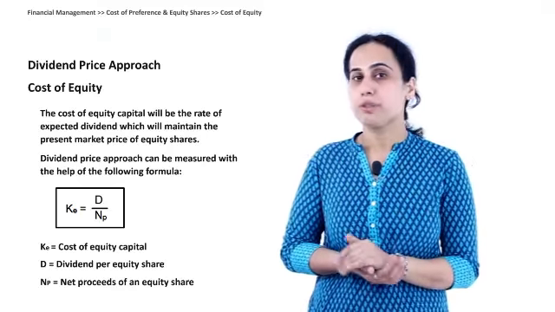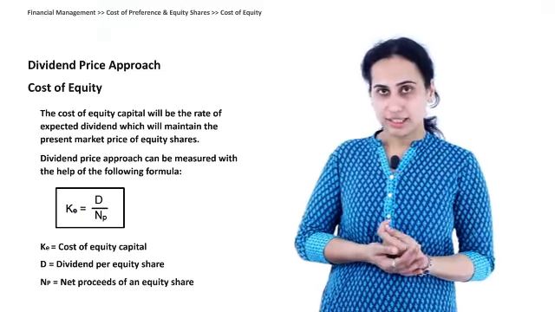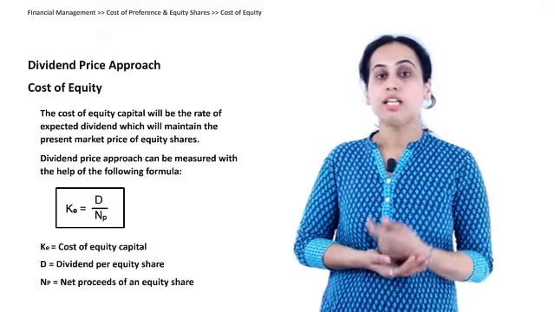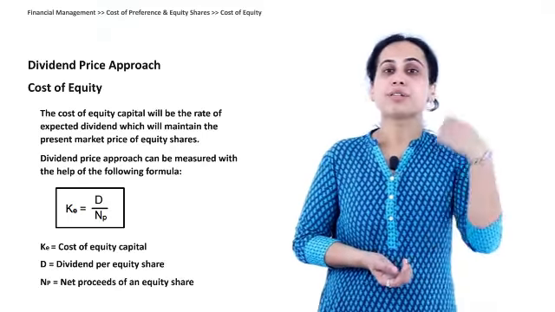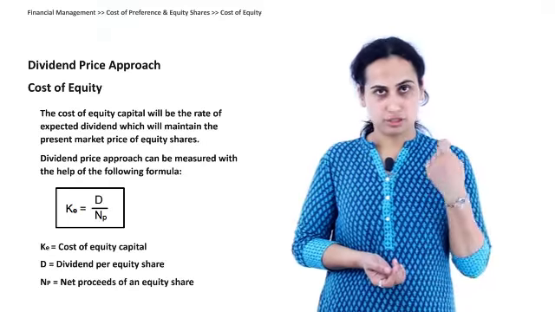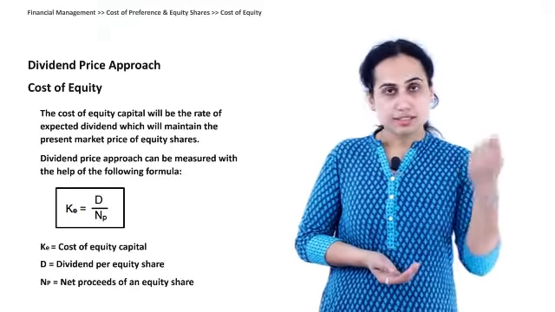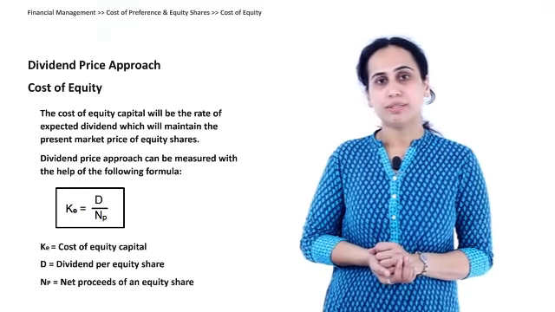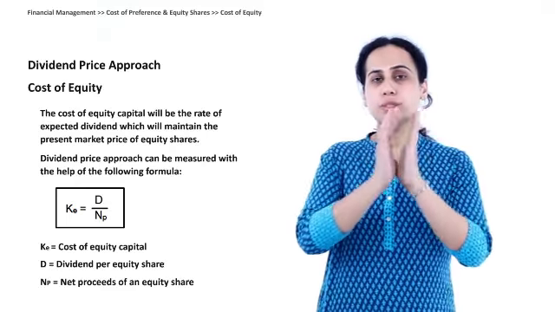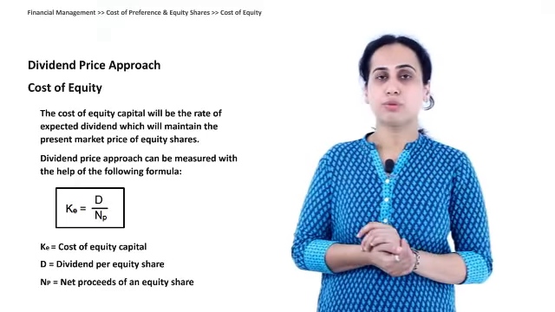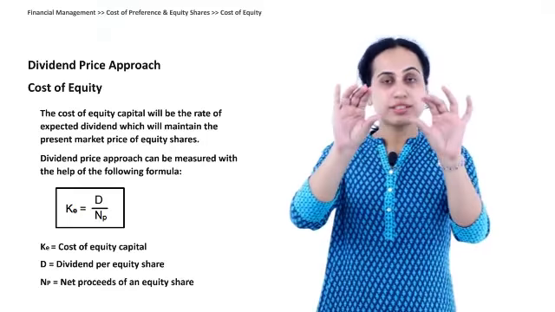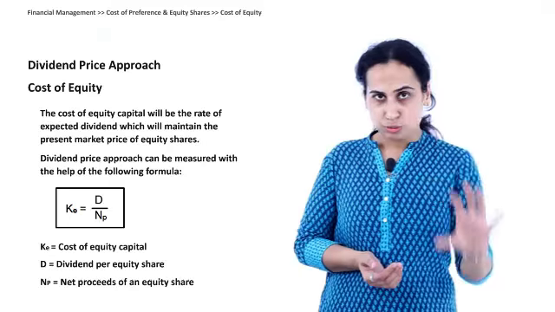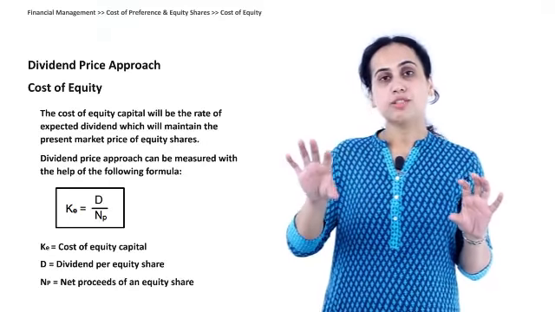See, shares can be of two types. One type of share can be newly issued by a company for the first time, that is net proceeds, or it can be a share which is already being traded in the stock market. So it can be an existing share. For an existing share, we can get to know the market price, right? So what is the return for equity shareholder? Under the first approach, dividend price approach, dividend yield method, we find it with dividend divided by net proceeds or market price.